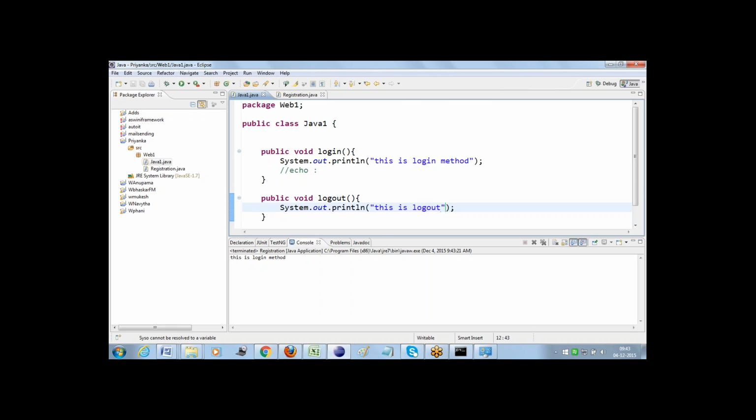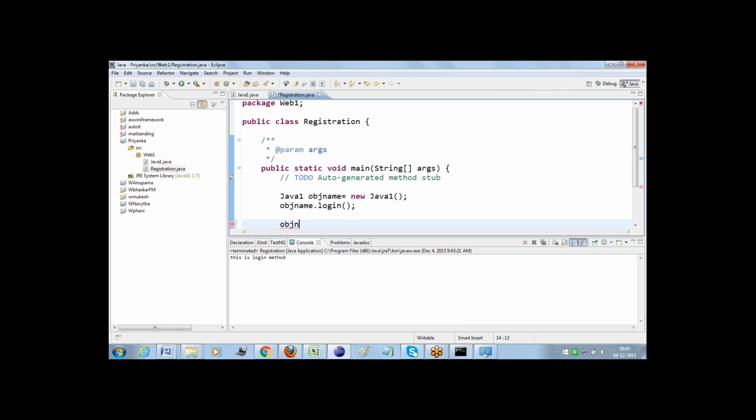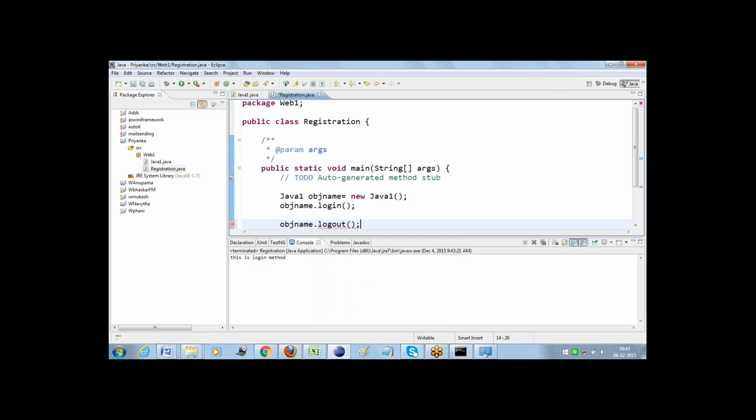As we have already created an object, if I go for objName dot, logout is getting displayed for me. If I add n methods, all those methods will reflect here. Even I can use the variables we have defined there. This is the way we can access the methods defined in one class from another class.